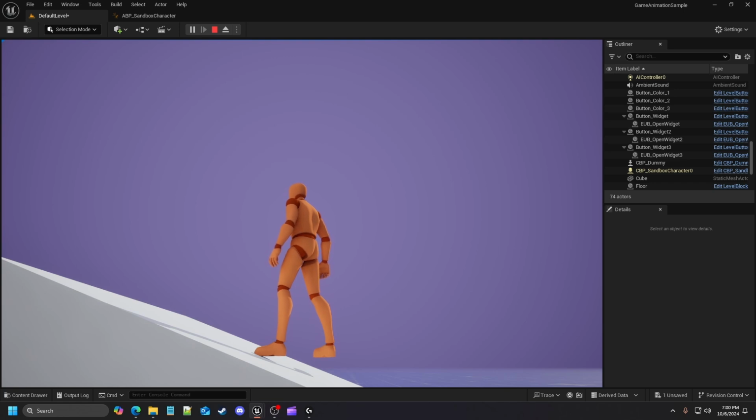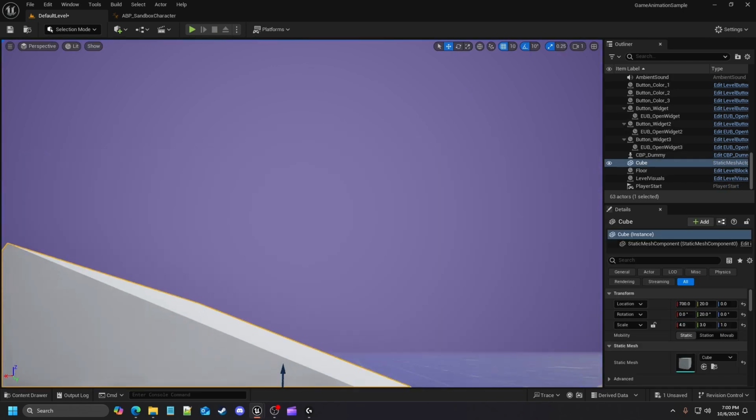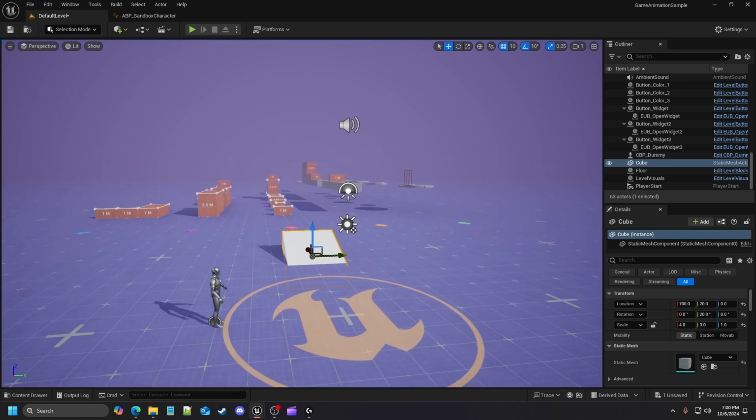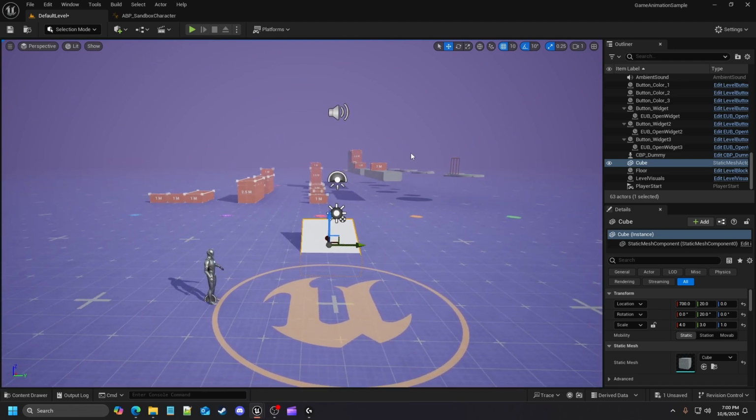It will happen, but as far as what I've done and tested, I don't think it'll actually allow you to do that without setting up tracing. So that is, I feel like, the unfortunate part to this. But in order to implement the basic foot IK from the mannequin into your character, one of two ways you